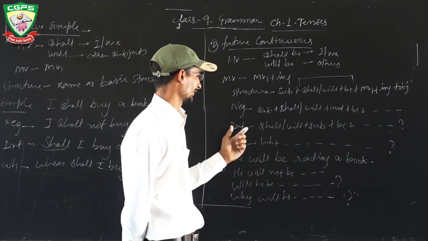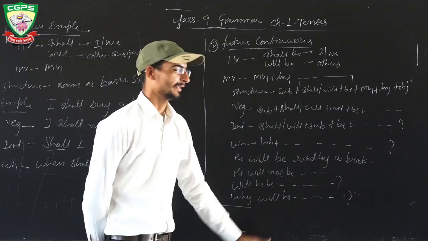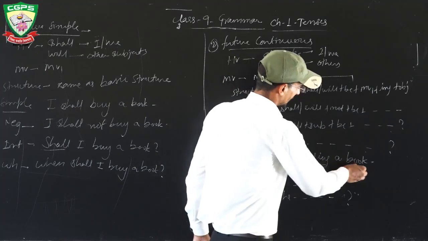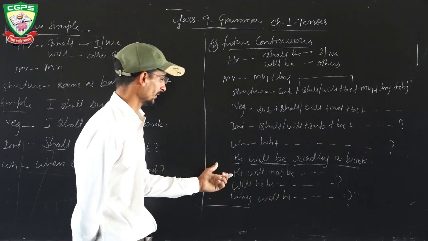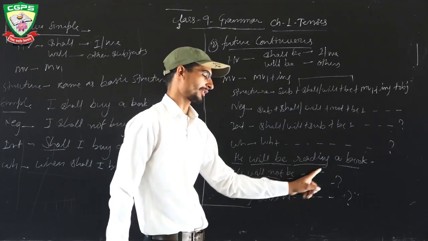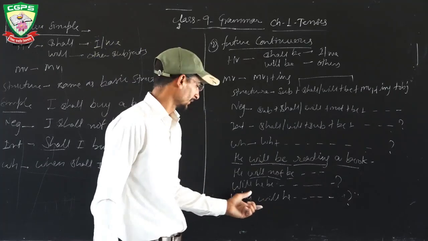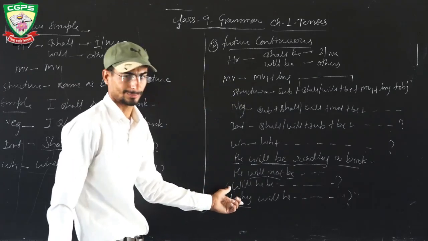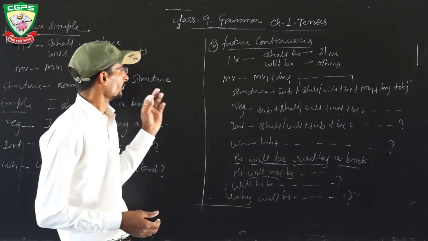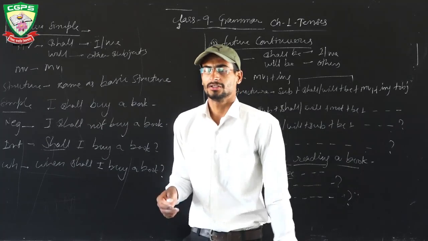Next is double word type sentence. After interrogative, double word is added. We will be reading a book. So here subject, helping verb, main verb and object. Next is negative: subject, helping verb will not, second part of helping verb is be, main verb first form plus ing and object. And the question mark at the last. Next is double word. So in this, the change is only the double word, like why, we are asking for a reason. So this is double word type sentence. So future simple and future continuous tenses are completed. In next lecture we will study about the future perfect tense.